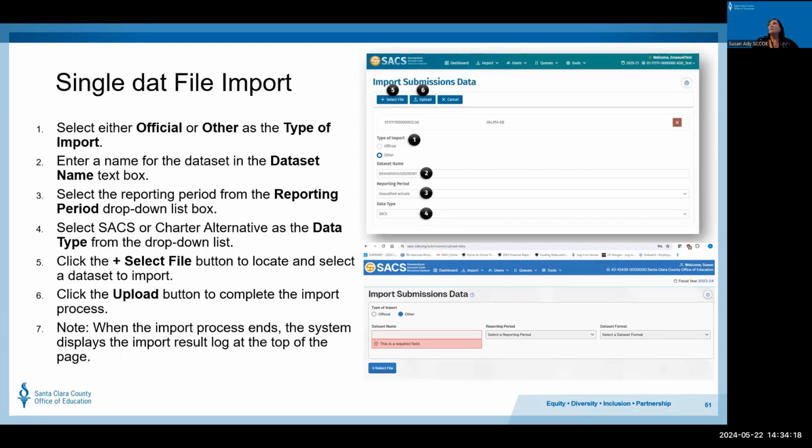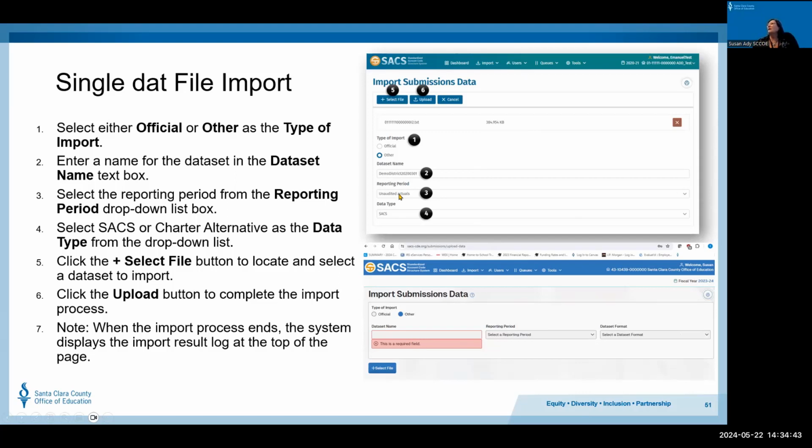And then select the reporting period from the reporting period drop-down menu. So when you look at the user guide, the pictures are all going to look like this. This is sort of an old snapshot that they took. When you open it up now, it looks more like this. So you'll be selecting your reporting period horizontally instead of vertically.